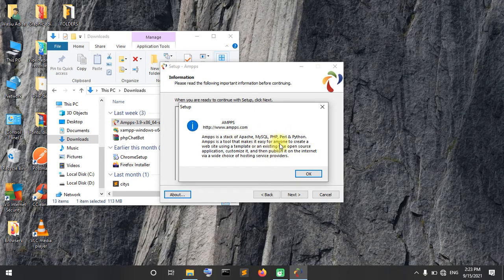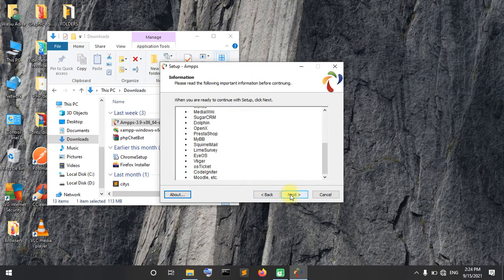AMPS is a tool that makes it easy for anyone to create a website using a template or an existing free open source application, customize it, and then publish it on the internet via a wide choice of hosting service providers. Okay, so I'm just going to continue with the